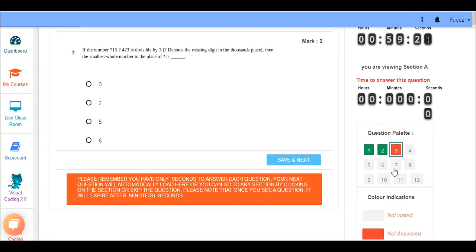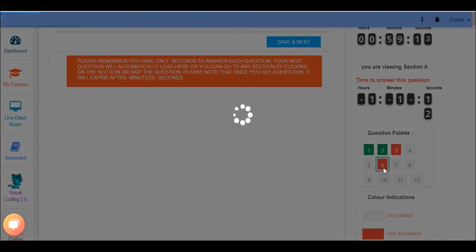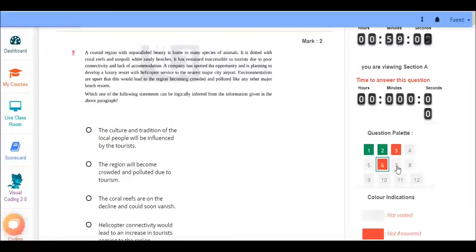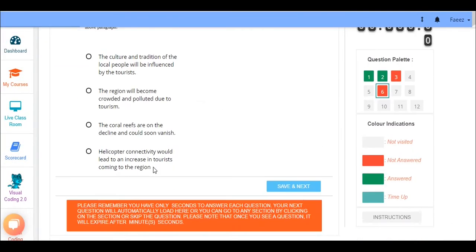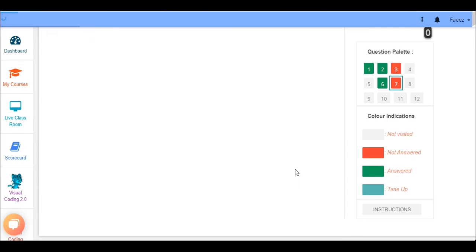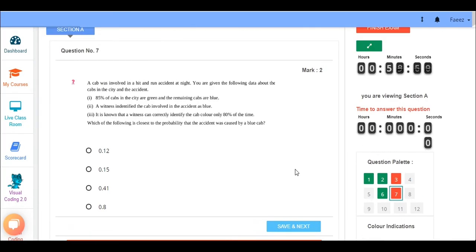So if a student wants to go to question 6 or some other question, he can skip this third question and directly go to it. So I have gone to this sixth question and answered it.